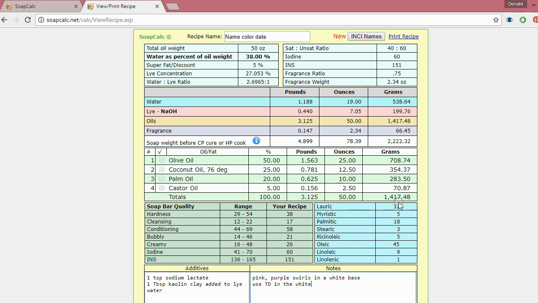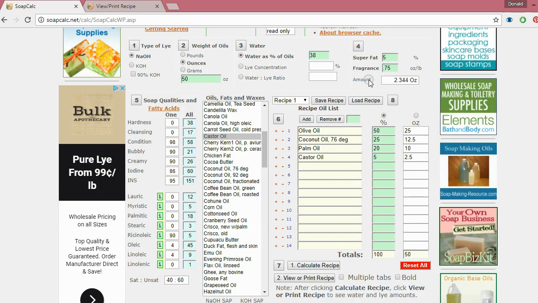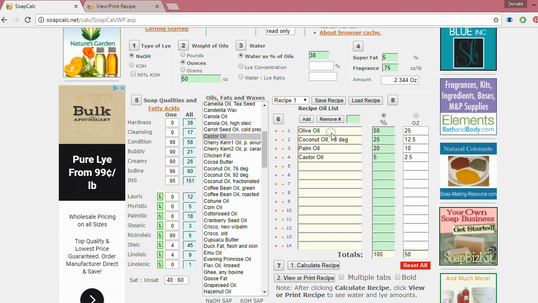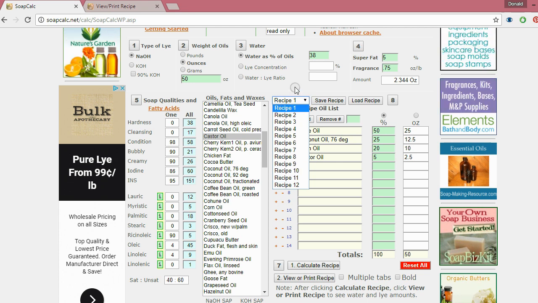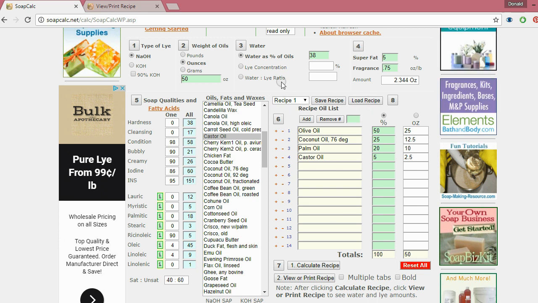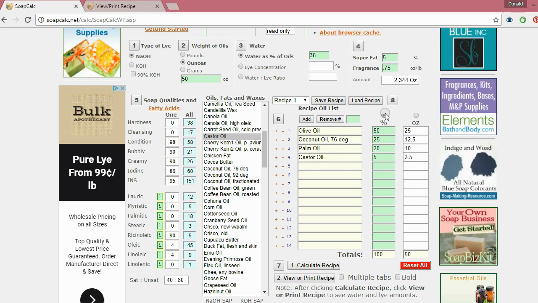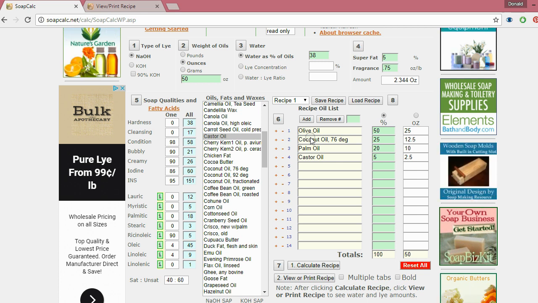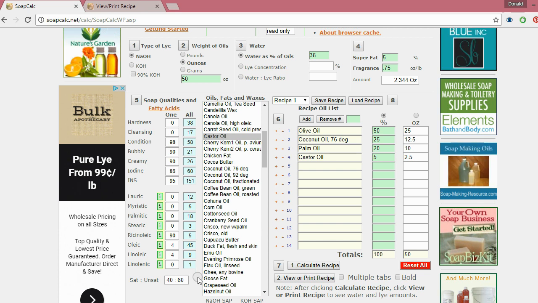I can give you a couple other hints that I do. I print out every single recipe that I make, and I'll type at the top the name, color, and date for the soap that I'm making. Under additives, I'll add, say, how much, a teaspoon of sodium lactate, 1 tablespoon of kaolin clay. Add my notes down here, added to lye, water, or whatever you're going to add, wherever you're going to put it. And then over in notes, I'll add in the colors or the color scheme. Pink, purple,